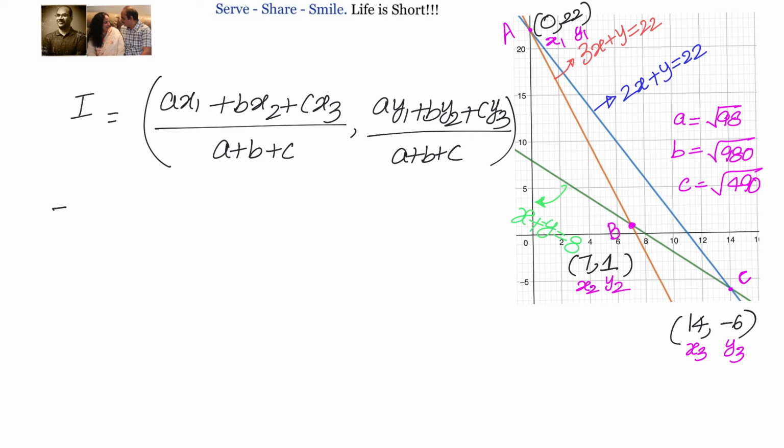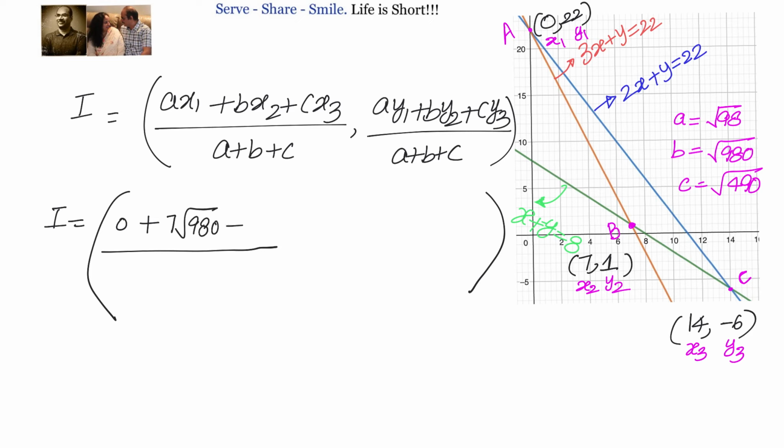So I'll write down I equals a into x1. a is root 98 and x1 is 0, so I can write down 0 plus b into x2. b is root 980 multiplied with 7, so 7 root 980, plus c into x3. x3 is 14 and c is root 490, so 14 root 490, divided by a plus b plus c. a is root 98, b is root 980 and c is root